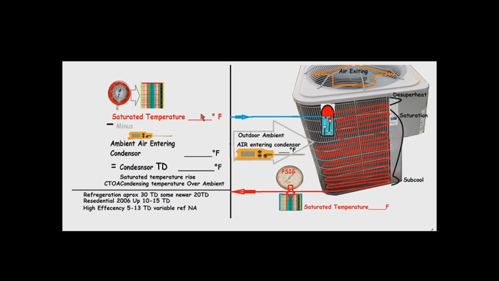And if it's above that, let's say it's a 100 degree day, and I convert that to a 115 degree saturated temperature, let's say I'm at a 120 degree saturated temperature. Well, whatever that converts to in pressure, that 120 degree saturated temperature tells me I have a high saturated temperature, which means a high head pressure. And then you can start looking at things like airflow, dirty coil, all these things to see what might cause that. It's a bit of a way of working it backwards,